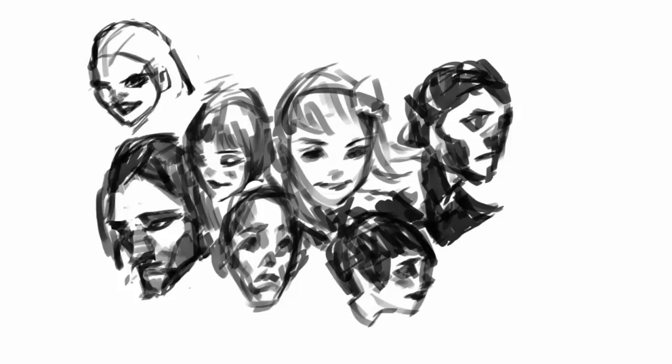So something about faces, to be able to draw them well, I think, is you have to do them wrong first. You have to do really bad faces. I know this sounds kind of counterintuitive, but I think much like learning anything, there's a learning process. You have to do things the wrong way just to get it out of the way. I've filled up tons of sketchbooks of just really bad faces, and because of that I put in a bunch of mileage of what works, what doesn't work, what looks good, and you look back and see what worked and what didn't, but it's all about putting in that mileage, and from that you're able